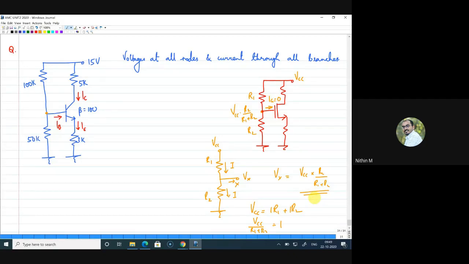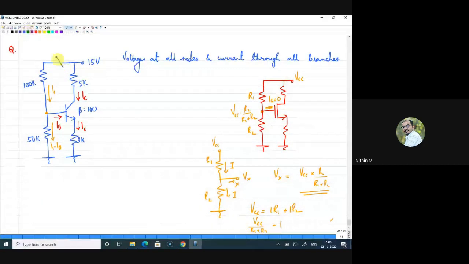And this holds valid when you have a MOSFET, because there is no current here. But now if I apply the similar thing here, that becomes wrong. Why? Because say if there is some current flowing here, I1, now the current flowing through this resistance is not I1, it is I1 minus IB, right? Because IB is the current flowing towards this side, so I1 minus IB. So I cannot directly write in this form. So what I should do in such cases is simplify this part.